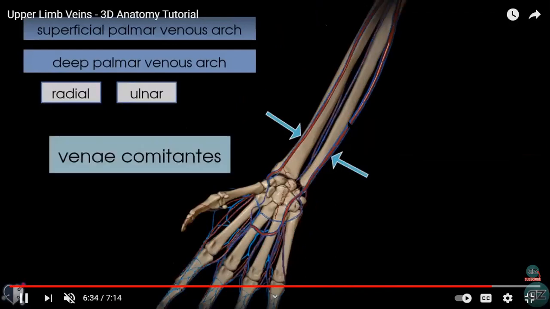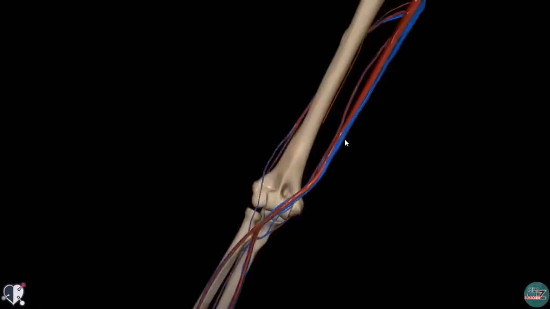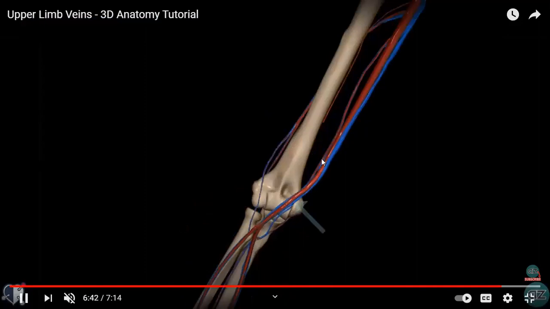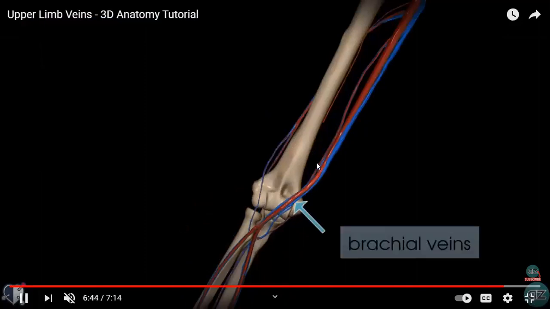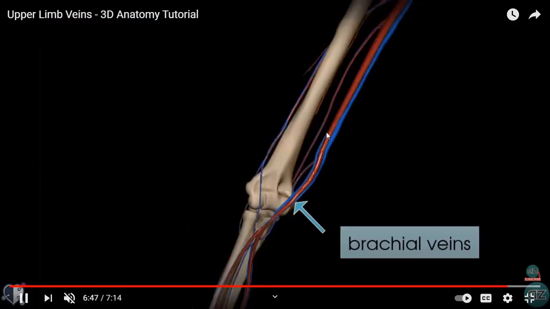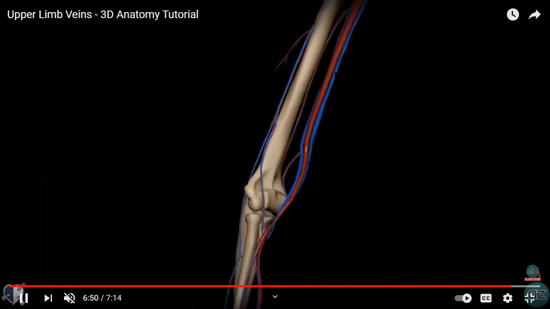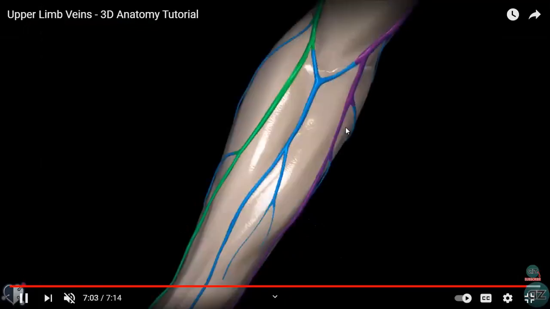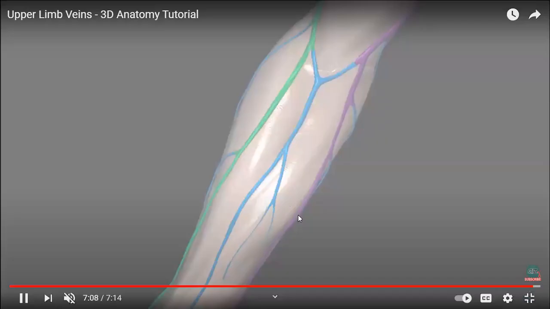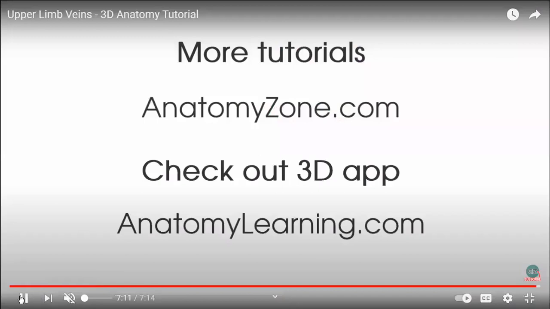From here, the venous blood will move to the brachial vein, isn't it? Again, the brachial vein is also in two sets, right? Two sets of brachial veins on either side of the brachial artery. You call them venae comitantes. And where are they draining? Both of them will join and open into which vein? Basilic vein. Let us see the journey. These are the venae comitantes. What vein is shown in this violet color? We know this is the basilic on the medial side. So that's all about this.